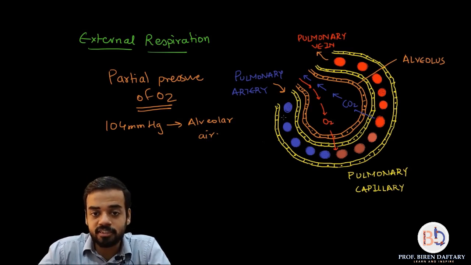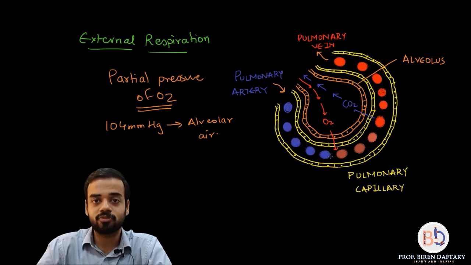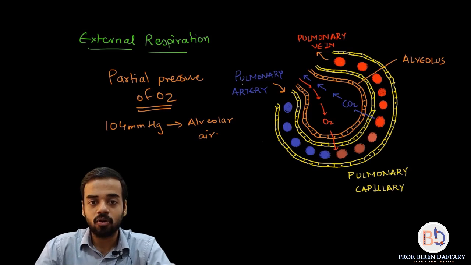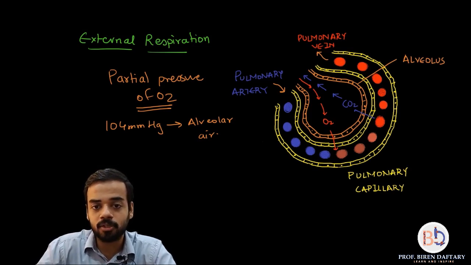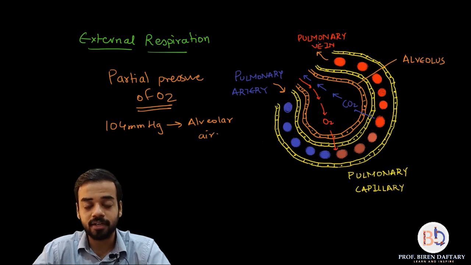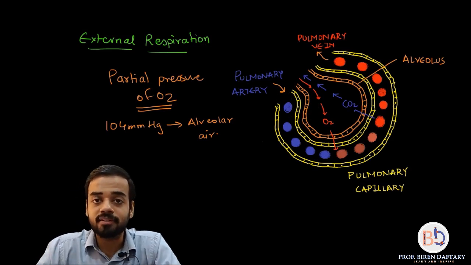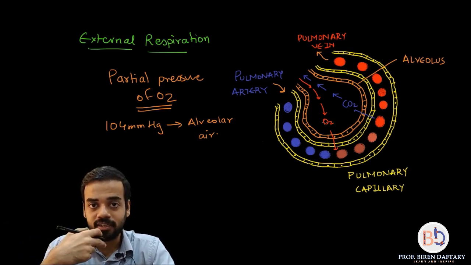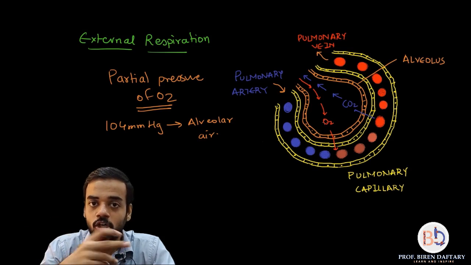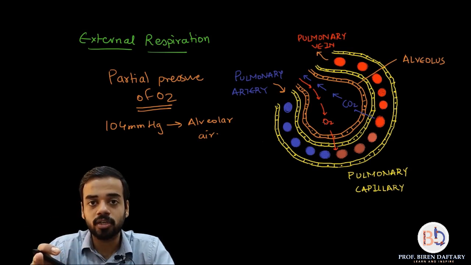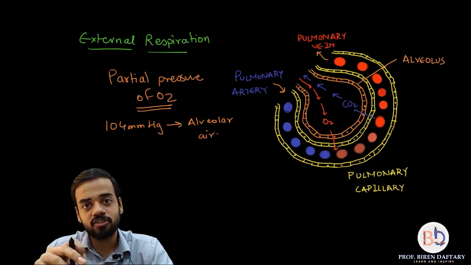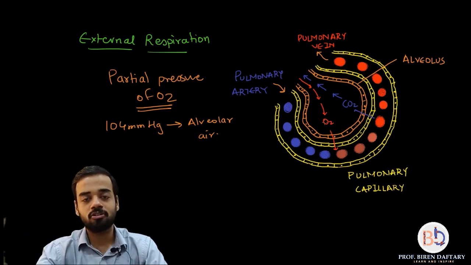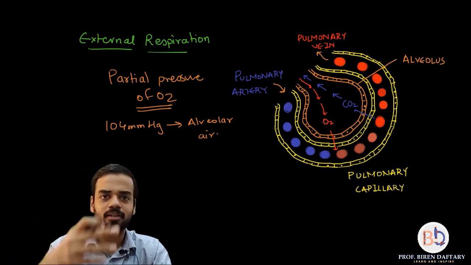So this blood, these are the red blood cells which I have shown. Okay, so that is signifying blood. So this blood which is flowing in the capillary, okay, the direction of flow is from pulmonary artery to the pulmonary vein, correct? So the blood which is flowing, that is also having oxygen. Please remember, the oxygen that you breathe in, that oxygen is going into the blood. Not all of that oxygen is used up. Okay, so in that respiration reaction, some oxygen is used up and some oxygen again comes out with expiration. So it is not that all the oxygen that you take in is used up, some of it again comes out which is not used.